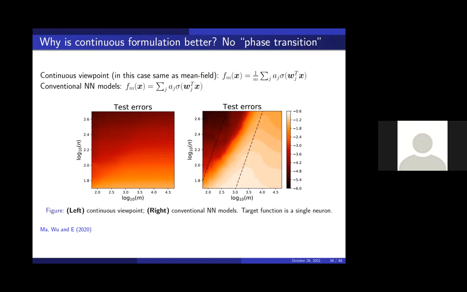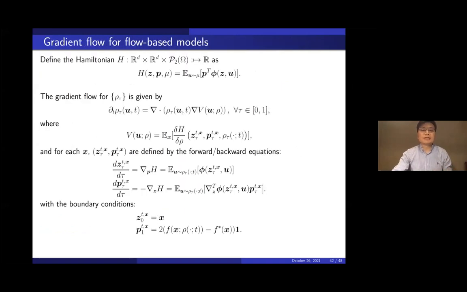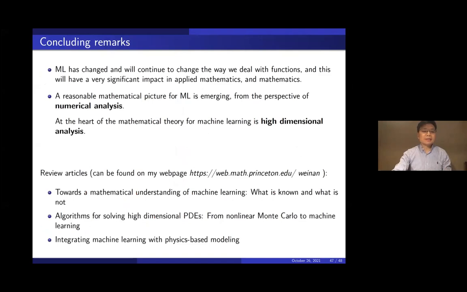Okay, thanks. I wanted to explain this continuous viewpoint, like formulating machine learning as a PDE problem and discretizing the PDE, and then you get the good algorithm. But my time is up. If you're interested, you can always look at my webpage. My webpage has some review articles, which I think could be interesting for people who are interested. The first paper is a review of the theory. The second paper is a review about solving high dimensional PDEs. The third review paper is about developing new physical models using machine learning.